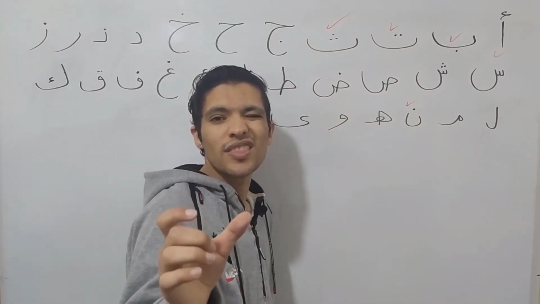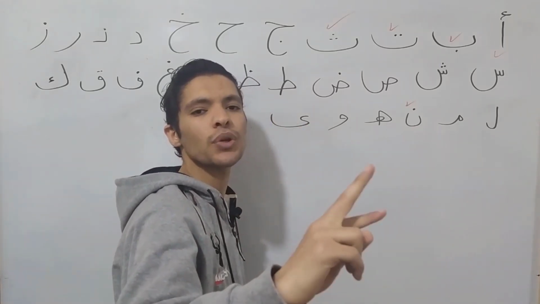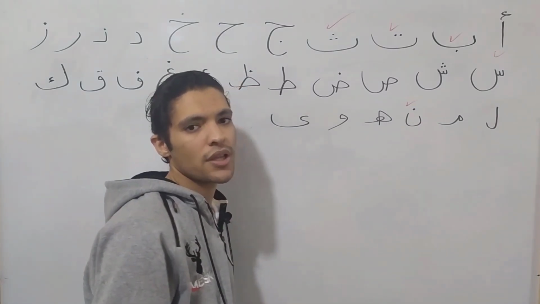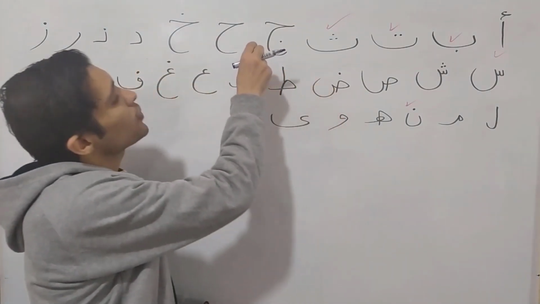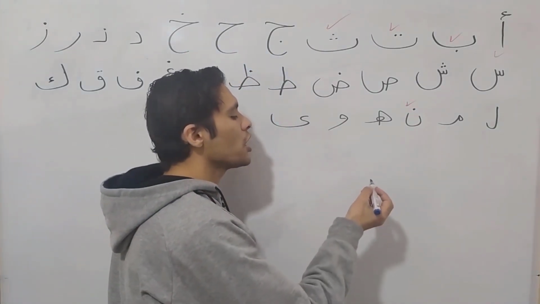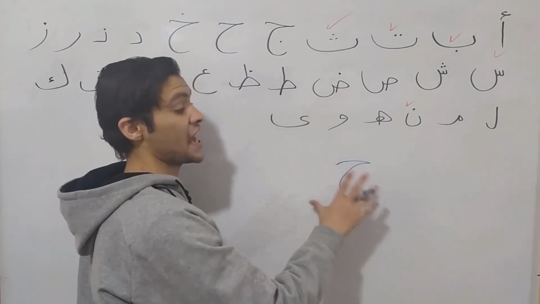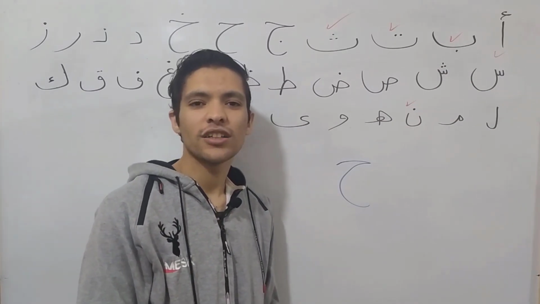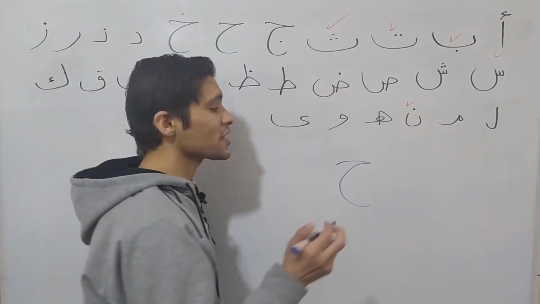We will talk about the dots letters. You just put a dot to differentiate between the two letters. This has a sound, and this has another different sound. So the dot is only there to differentiate between them. For example, let's talk about jim, ha, kha. What does it mean? It means if you have this letter without dots, like naked without dots, it is called ha. If you put a dot here,